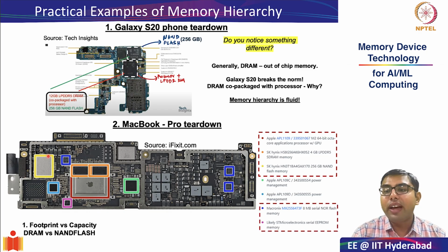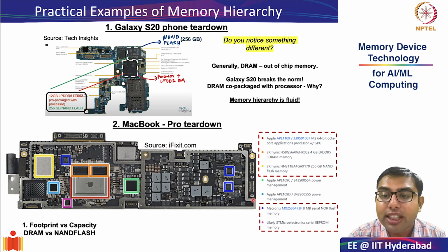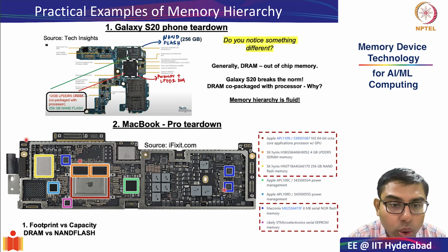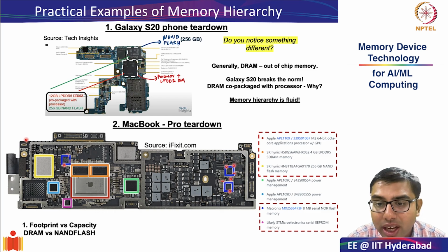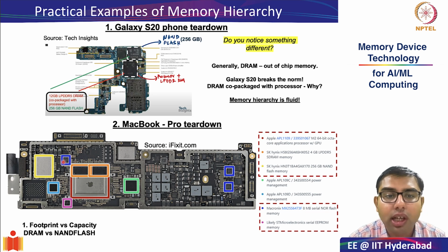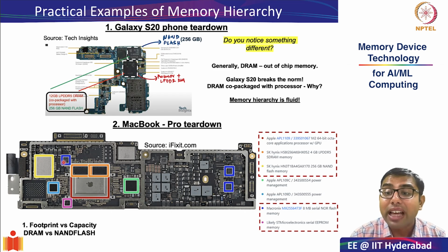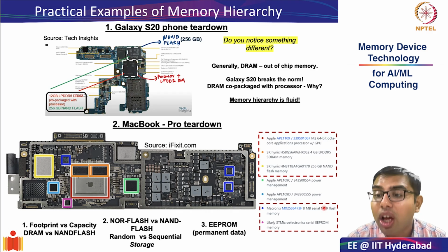The next thing that I would draw your attention to is those blocks with these bluish boundaries. So here is one of the blocks, here is another of the blocks. So you have 3 such blocks. Let us focus on the block which is on the left hand side of the screen. These consist of 8 MB serial NOR flash memory from a company called Macronix. Let me repeat, it is 8 MB of serial NOR flash memory.